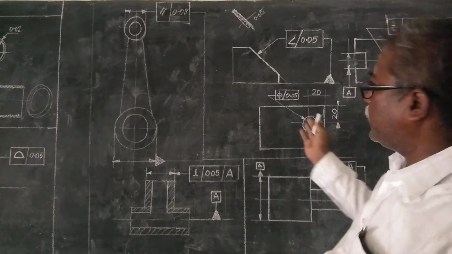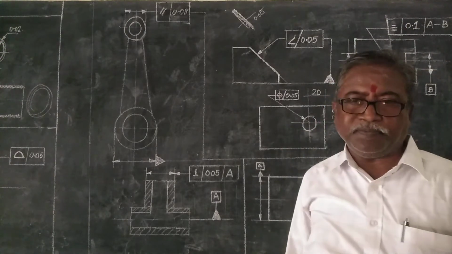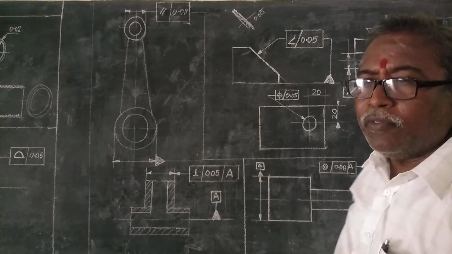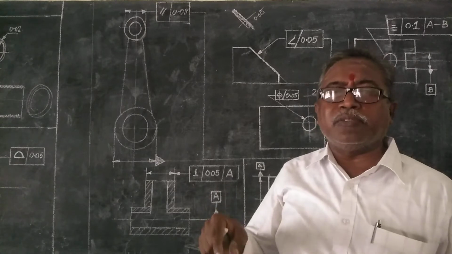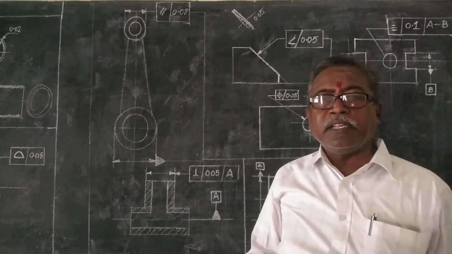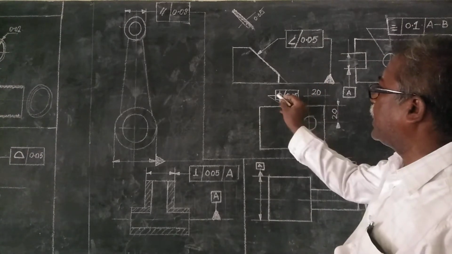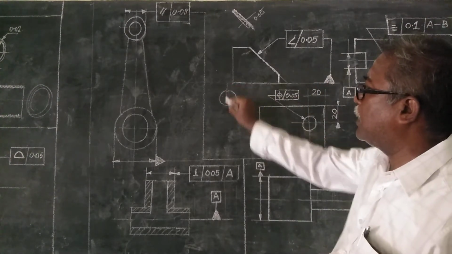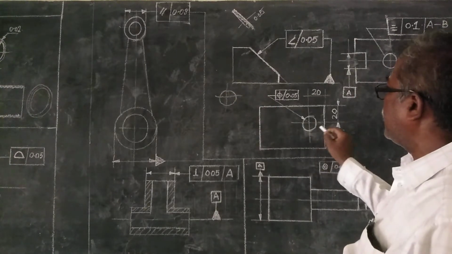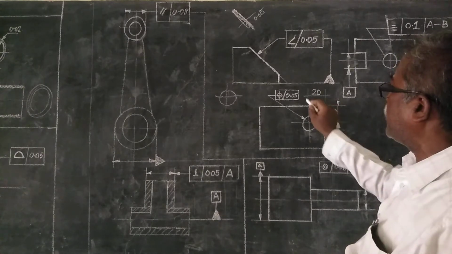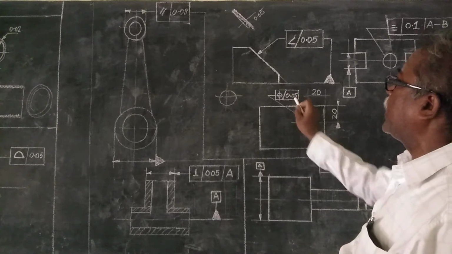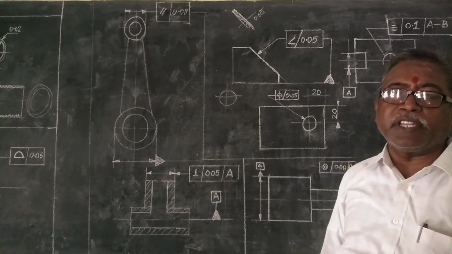Then we are going into next one, position. So how that position will be given? Wherever layout, in the layout work you are doing, from this side you are marking, from that side you are marking, that position symbol is given, circle like this, where the point will come. If you see this one, from here to 20 and from here to 20, this position also, how it will be? 0.05 variation, not more than that.